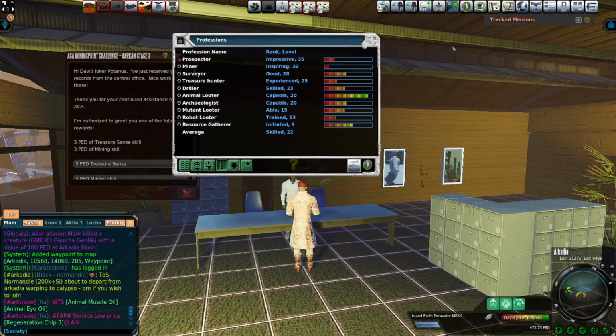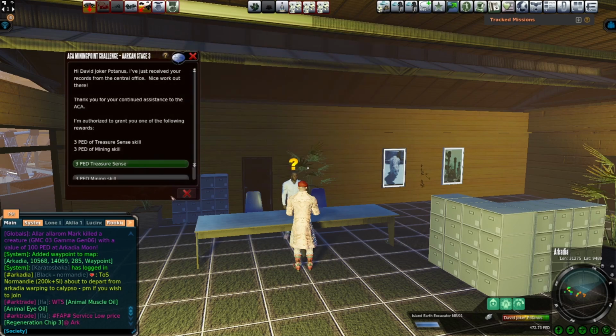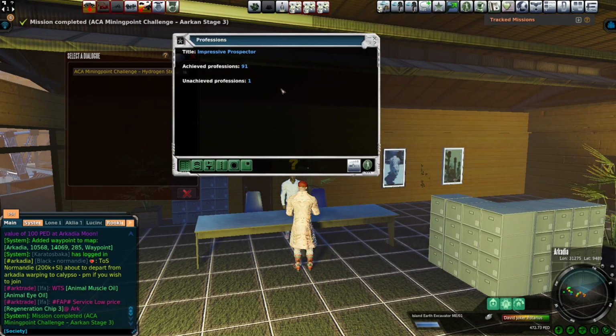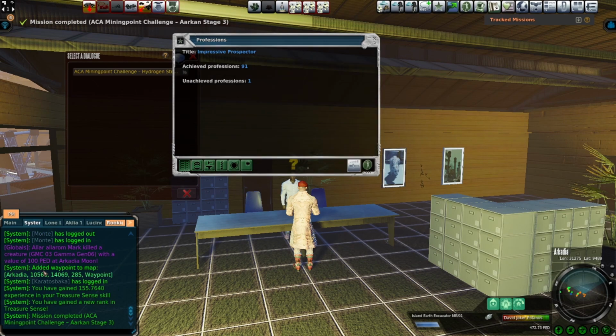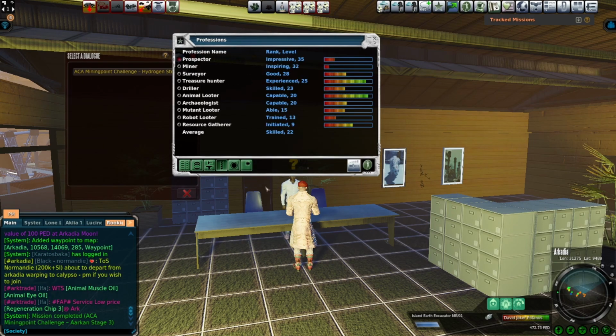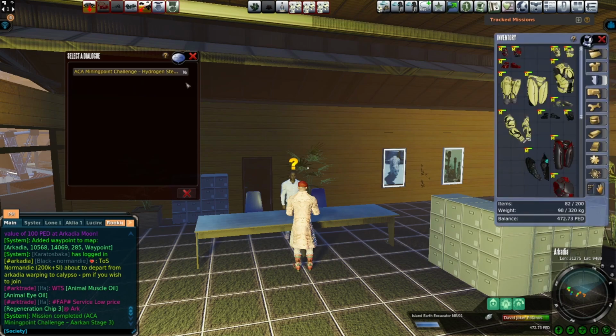28.06 treasure hunter. Before we do a turn in, let's turn it in. What do we get? I think if I click over here to system, it'll tell us. We got 155 experience in your treasure scent skill, which brought us over to treasure hunter. We were at 87.25. So yeah, y'all, that's why you do those little challenges right there, because I think I got one for hydrogen